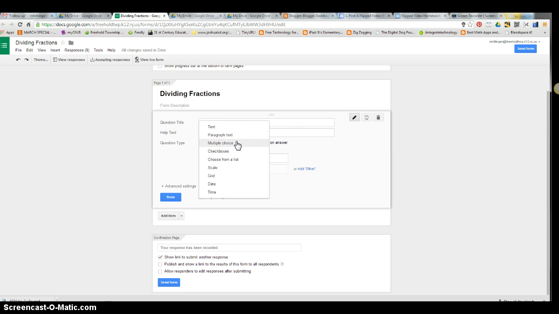Multiple choice is obviously A, B, C, D, etc. Checkboxes means that they can have more than one correct answer, which is kind of nice because sometimes a question is like that, where they can have more than one. Choose from a list is a drop down where they can select answers from. Scale and grade are more for math. This is like on a scale of 1 to 5, and grade again is math related. Time and date is not relevant for watching videos because it's more for if you're having an event or something